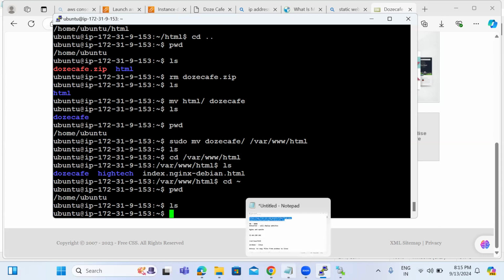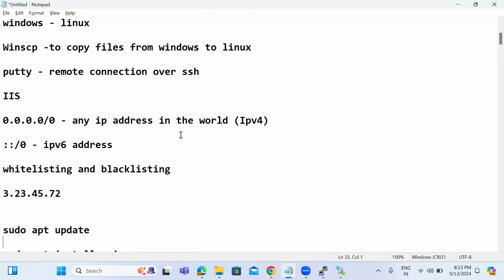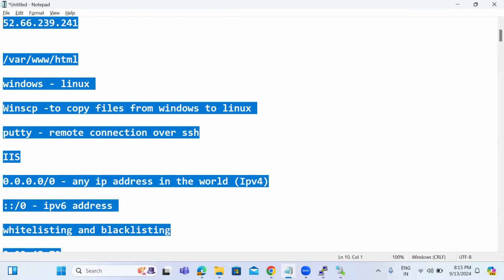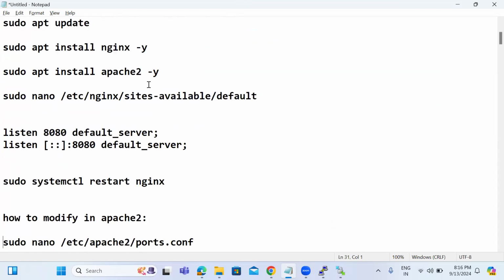Coming back to these commands, I'll share them with you. We used sudo apt update to update the repos. Then apt install nginx -y, using this command we have installed the Nginx web server. We need to confirm whether that service is running or not, and we also need to enable it with systemctl. Then, very important: